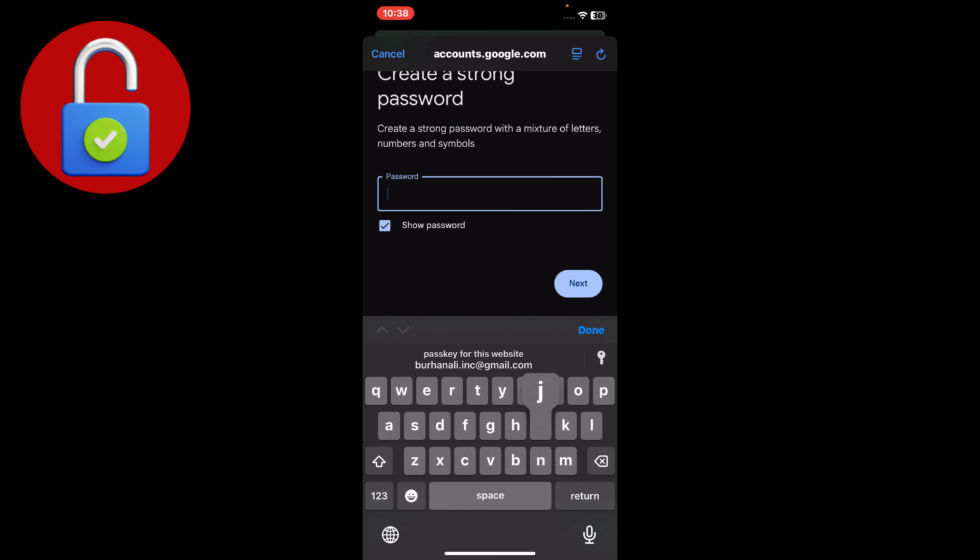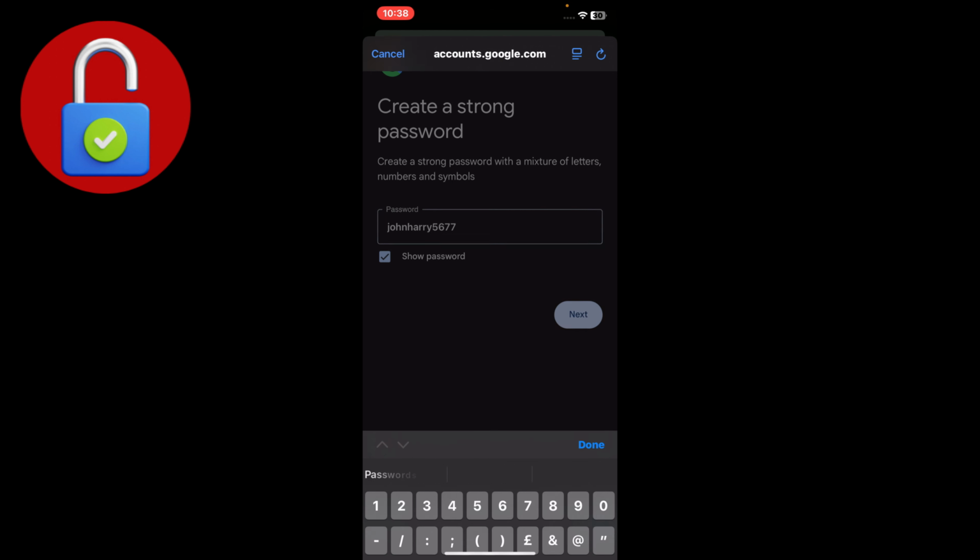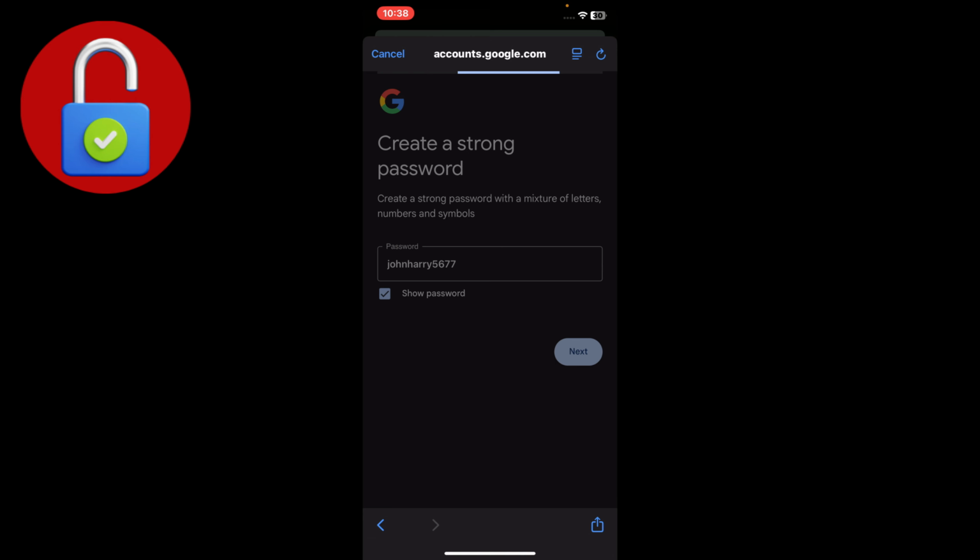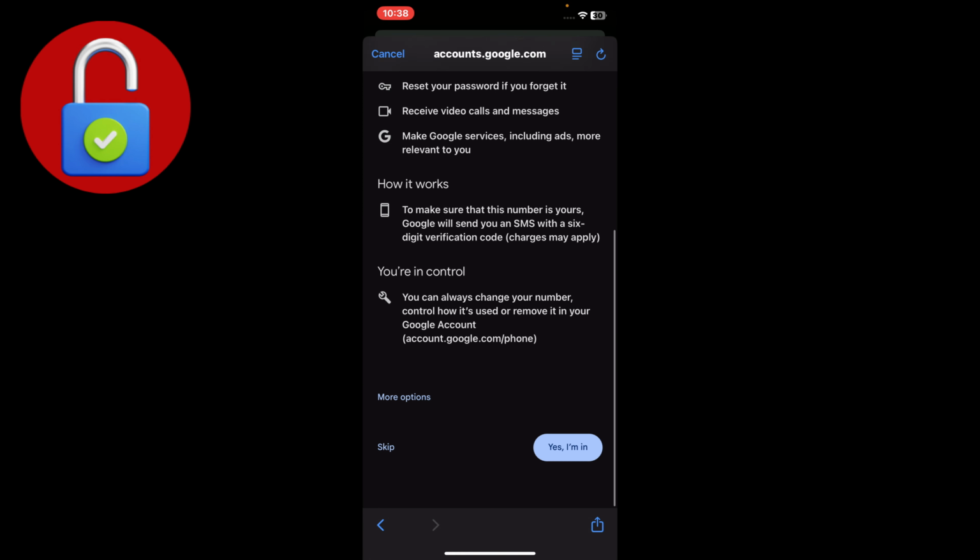Just a password of Harry John Harry, a random password. Then tap Next, and after that you just have to verify with your phone number,